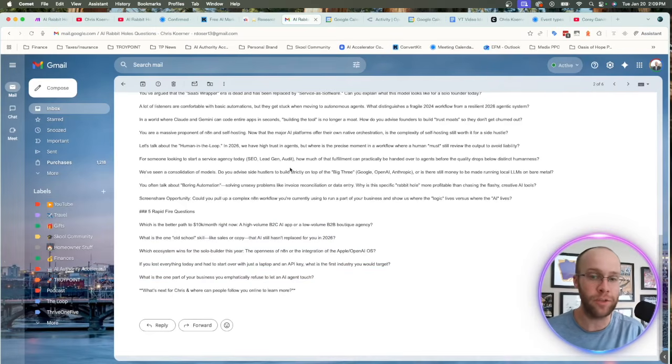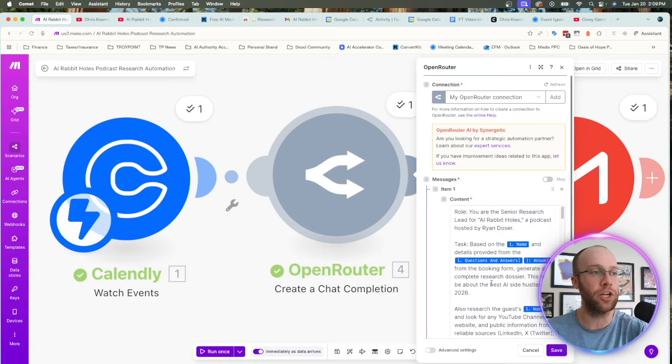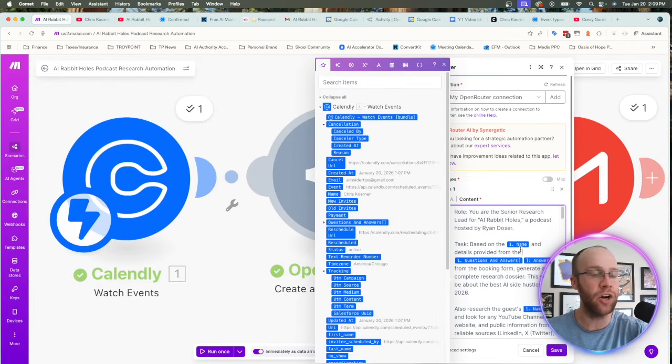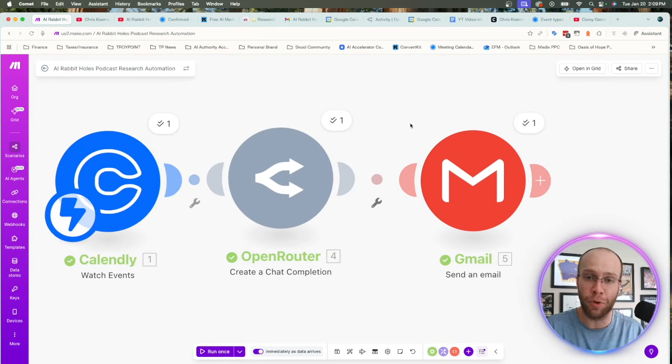Now, those aren't going to be 100% dialed in on the first run. And so what you want to do is go back inside your automation. If something looks off, open up your OpenRouter module and then edit any of the inputs right here to just keep tweaking and refining things, testing it, so on and so forth until your outputs are dialed in. But I hope you guys are starting to understand here why I prefer a simple, boring, 3-module automation for podcast research or any form of research like I just showed you in this tutorial versus some confusing 100-node AI agent N8N automation that can oftentimes break and not produce as high quality outputs as you would get with a simple